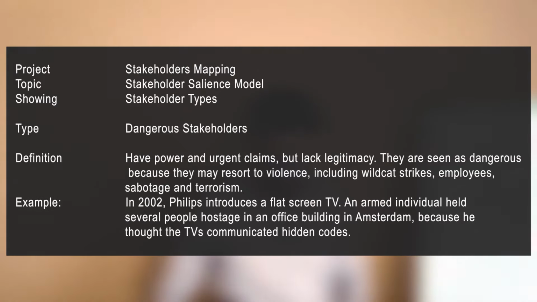The dangerous stakeholders have power and urgent claims but do not have legitimacy. So they are seen as dangerous because they may resort to violence, including wildcat strikes, sabotage, and terrorism. For example, in 2002, Philips introduced a flat-screen TV. An armed individual held several people hostage in an office building in Amsterdam because he thought the TVs communicated hidden